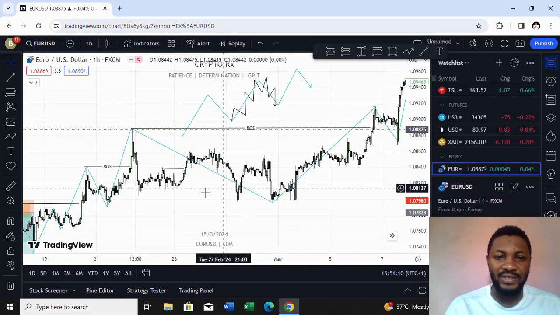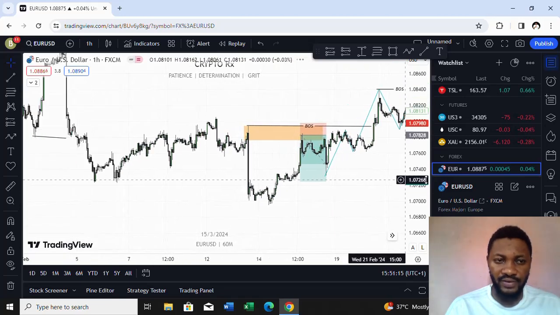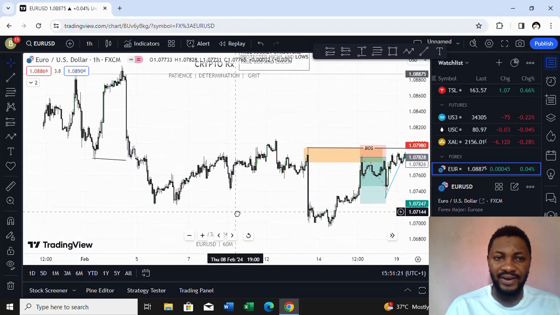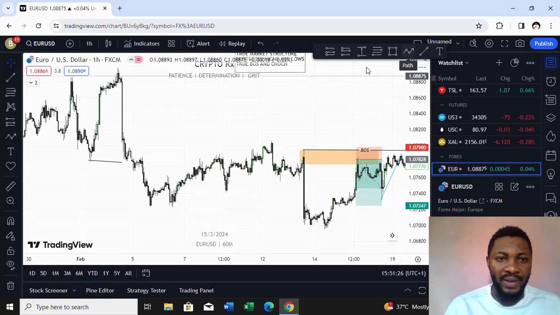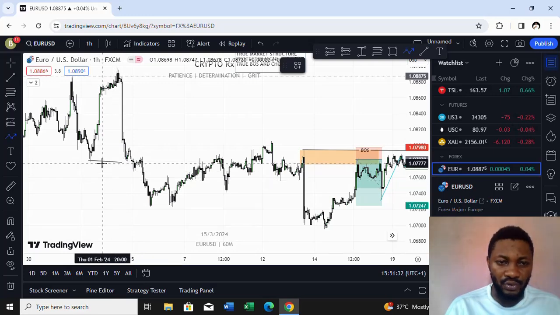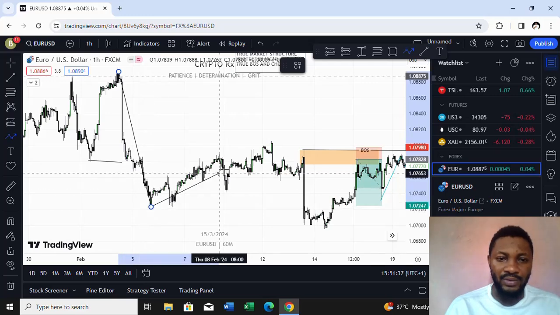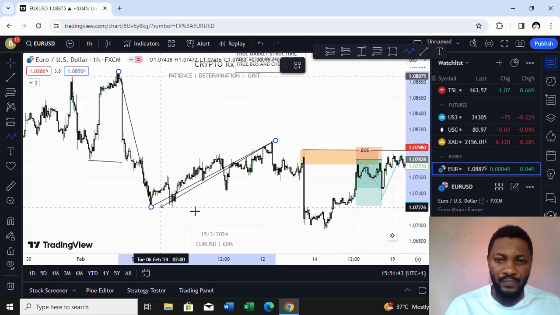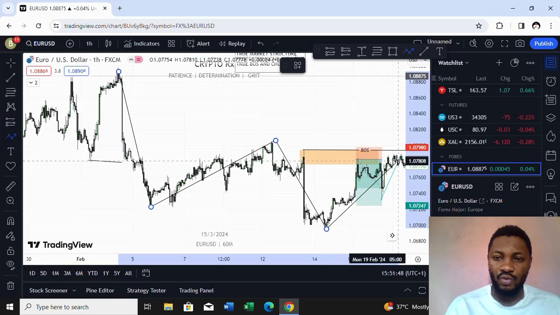Now, a change of character is when, let me show you change of character that happened in Euro USD. So if you look at here, the market has been delivering bearish. Market moves like this. This is the low that caused this place here. This is the break of structure. So this high caused this low. There was a pullback here that caused this low. This is the break of structure that caused this low